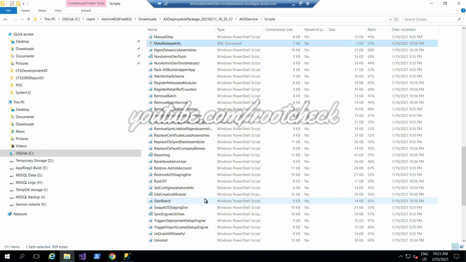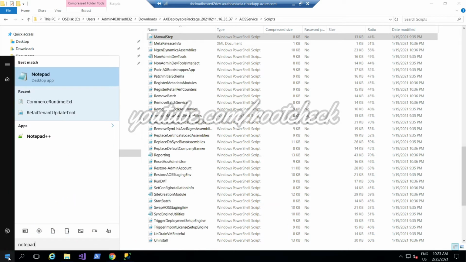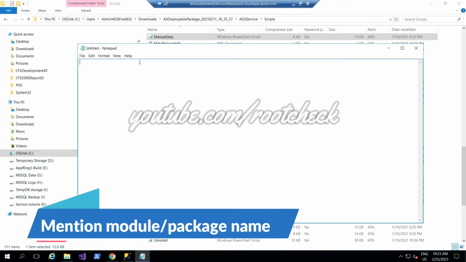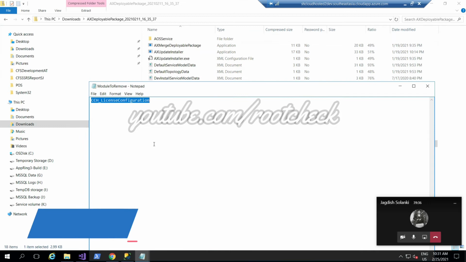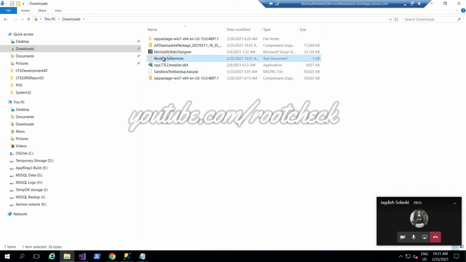Just go to Notepad and create a file with the name module to remove, and mention whichever module or package you want to remove. In my case I am removing financial adapter reporting. Save that file and paste it in the location I mentioned.